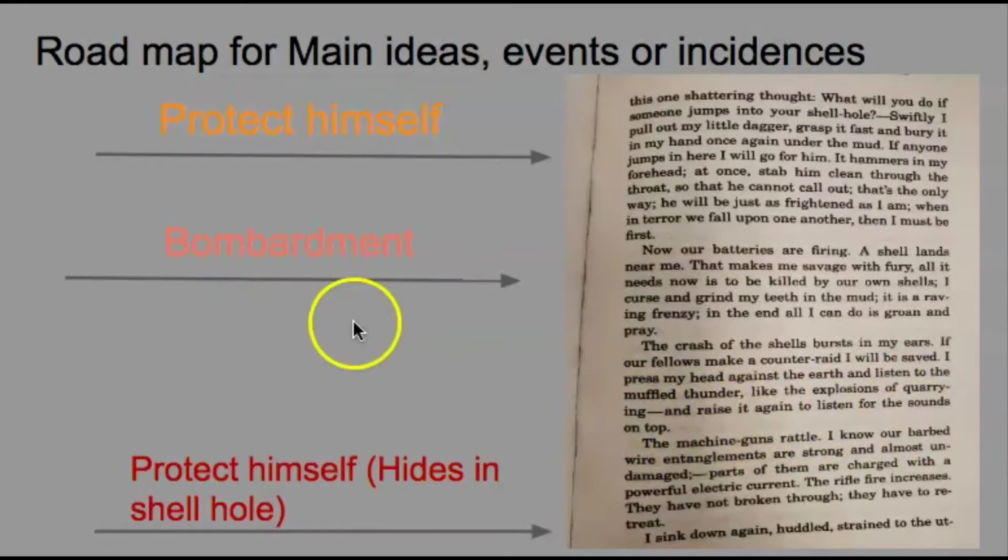So here again, he's being attacked, or there's a bombardment. Remember, the word bombardment is like explosions, or being bombarded by bombs. "The machine guns rattle. I know our barbed wire entanglements are strong and mostly damaged. Parts of them are charged with powerful electrical current. The rifle fire increases. They have not broken through. They have to retreat. I sink down again, huddle, strained,"